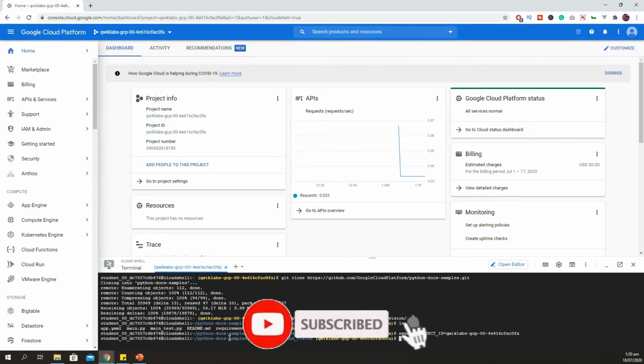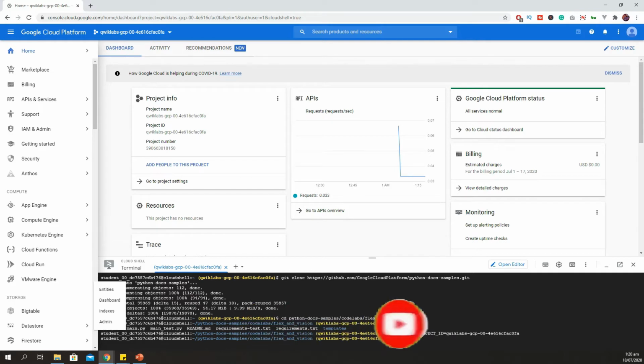To create the service account, I will type the command gcloud iam service-accounts create. So I am using Qwiklabs for this.